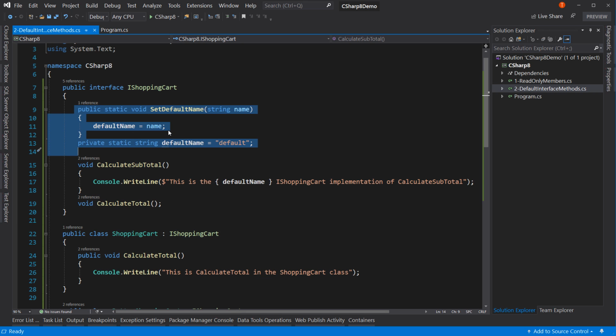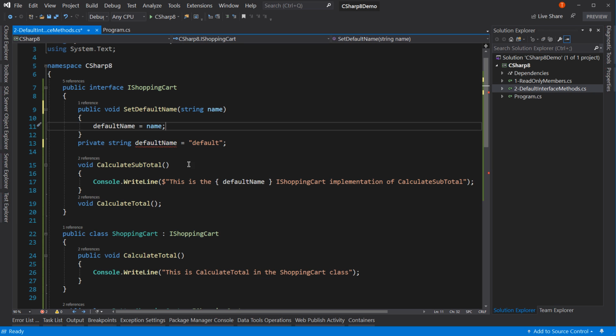Now you might say, well, what if you just took off the static and didn't make it static? Well, guess what happens? The interface cannot contain instance fields. You can't instantiate an interface. So you have to make these static. So once you make a change here, by calling this the set default name, you're changing it for your entire application. So this can change expected behavior into unexpected behavior at